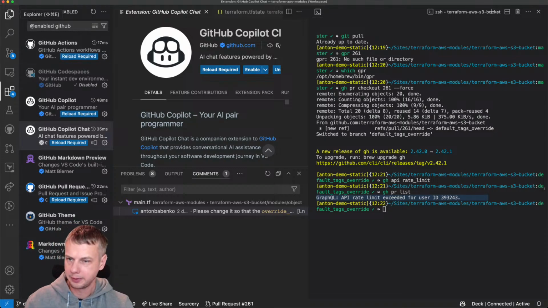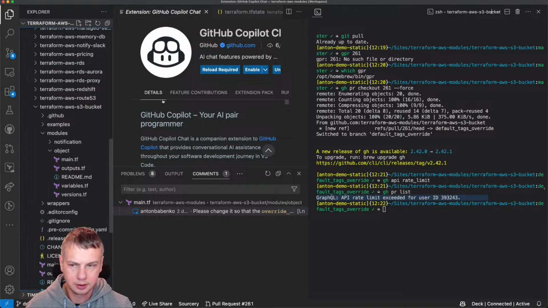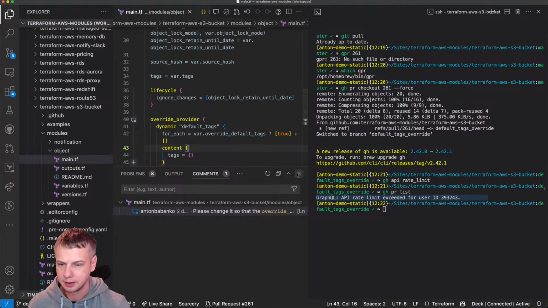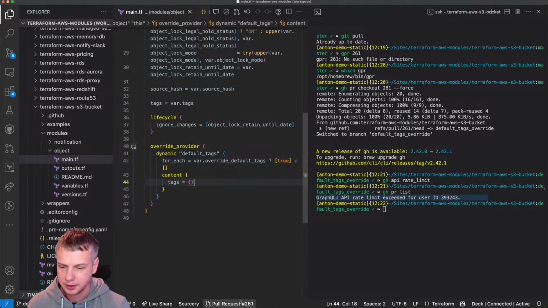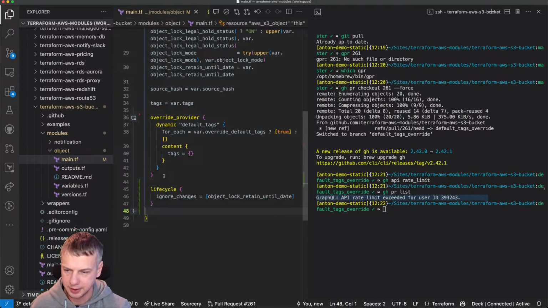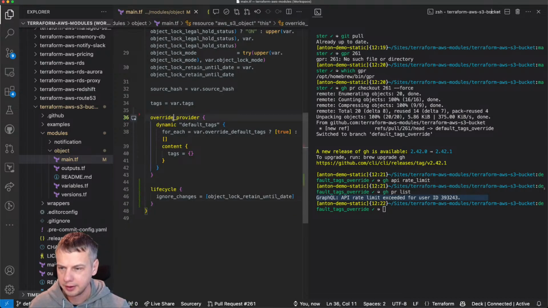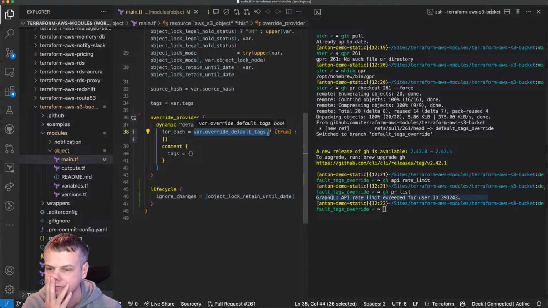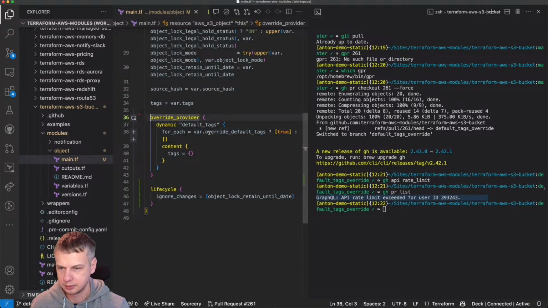Right. So anyway, let's continue fixing code, and I'm pretty sure I will figure this out later. As I left pull request comments, I'm just looking at those. The first one is to have lifecycle, which is a meta argument, at the end, and then have this override provider only for the cases where I specify override default provider tags.